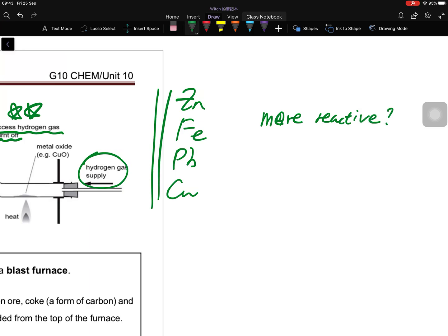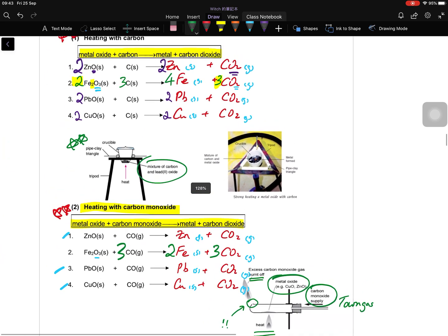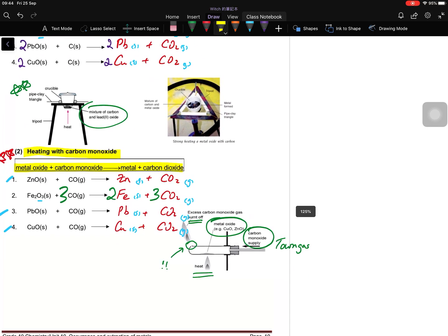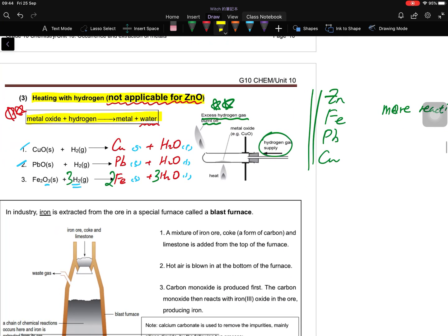Which one is more reactive? From these 2 reactions, heating with carbon and heating with carbon monoxide, we cannot compare, because all of them will break down under the heating with carbon and carbon monoxide. We cannot compare. But this hydrogen reaction may give us some insight. Now you can see,